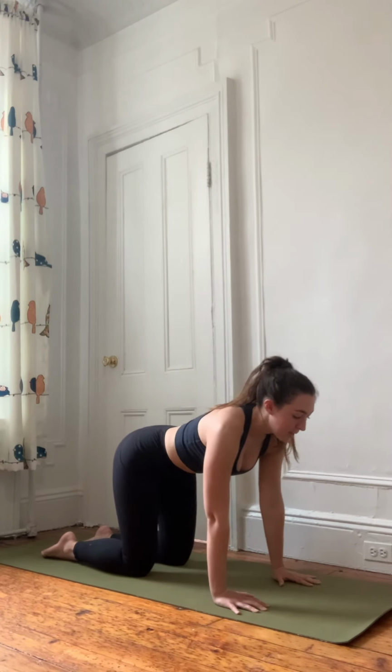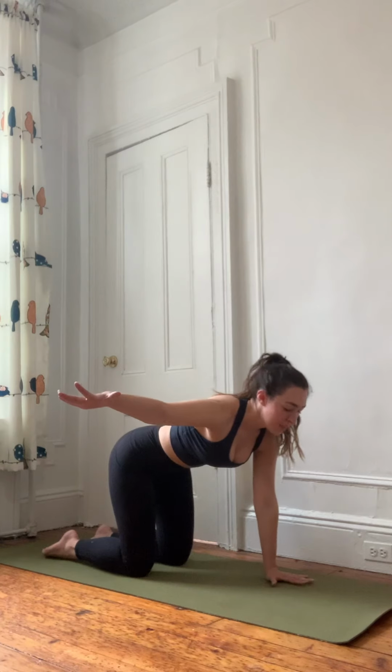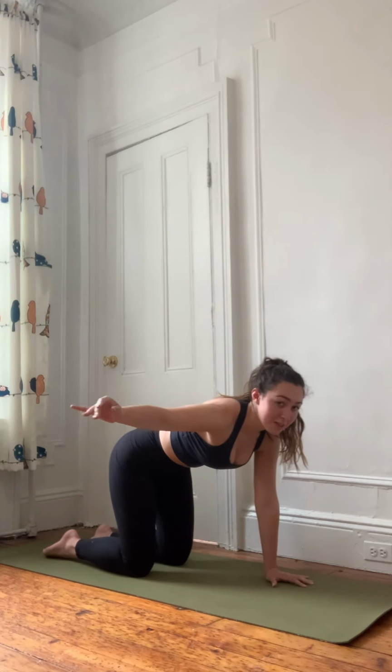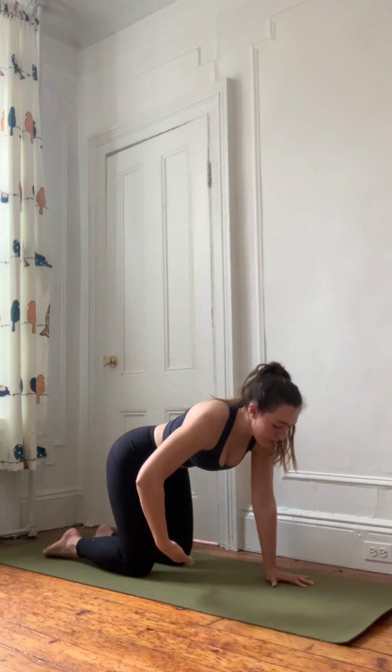And in your tabletop position, pressing firmly into that left hand, start to inhale your right arm up and out to the side. So you're pressing down into the ground with that left hand, your knees are still firmly on the ground, and your right arm is out 90 degrees to your side. Take an inhale to extend those fingers out to the right,